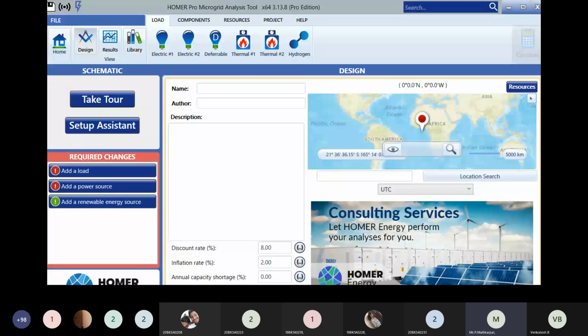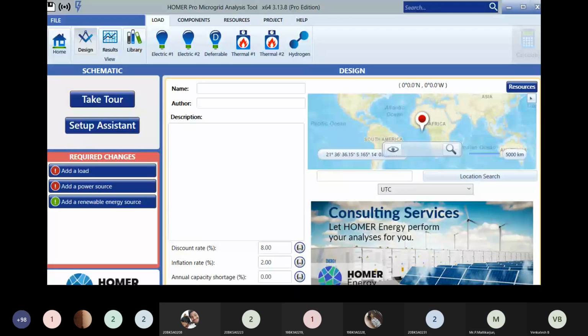You are able to see residential load, commercial load, industrial load, community load, blank load? Sir, we are not able to see that page. Add a load, add a power source, add a renewable energy source, you are able to see, correct? Yes.